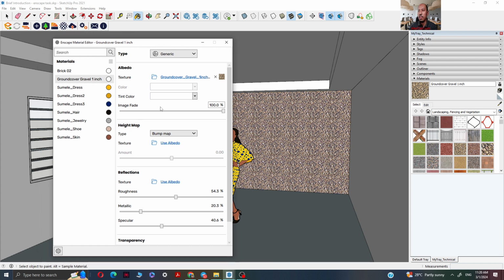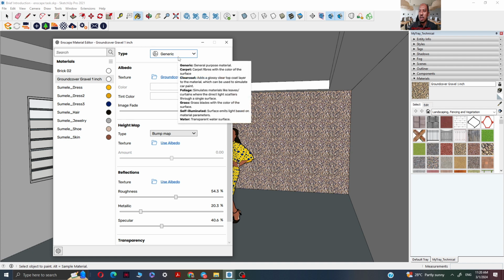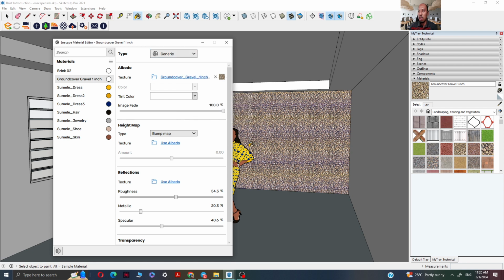So this is where you want to edit whatever material you have included inside your model, so it's going to be listed here. If not, you can search. Bash import can be done. Now at this material editor, there's a list of materials that you can apply inside your model or inside this